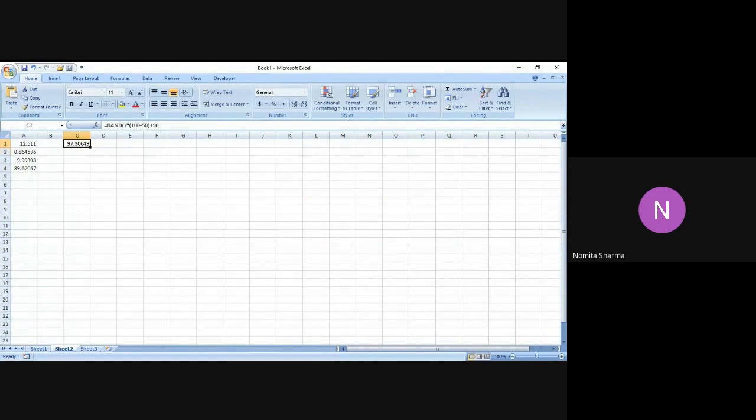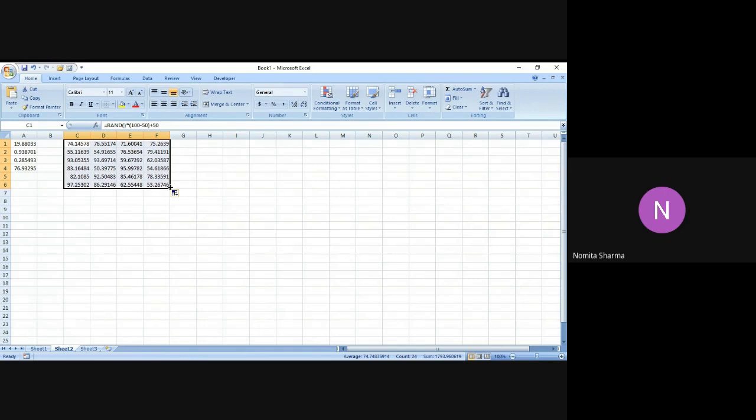So I've got this number which is between 50 and 100, and I've got this number as 97.306. Let me drag this down and let me see what I get. So I'm getting all the numbers that are between 50 and 100. So I got 50.39, 54.916, 55, 79, 54, 78, 85, and 92, like that.